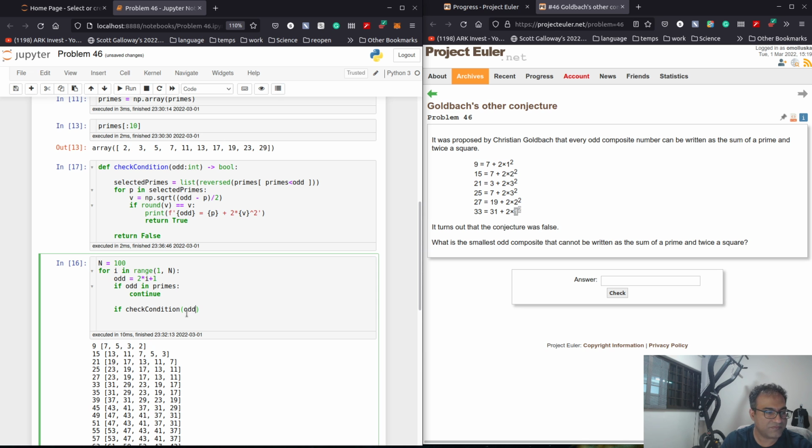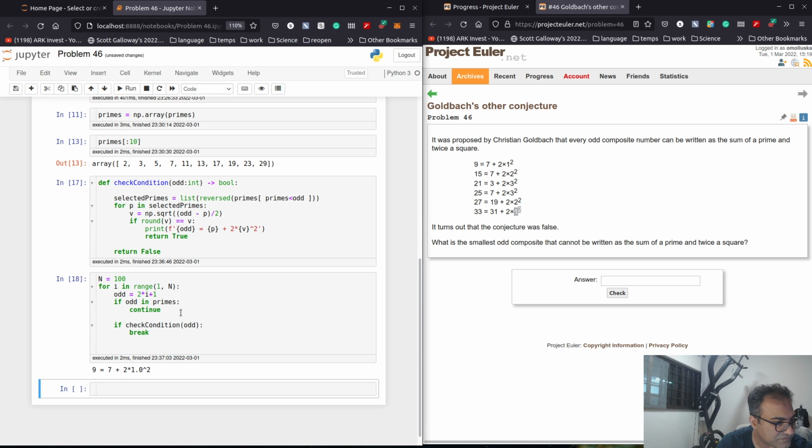Odd, then break. I go from 1 to 100 and see whether we have something. If not,